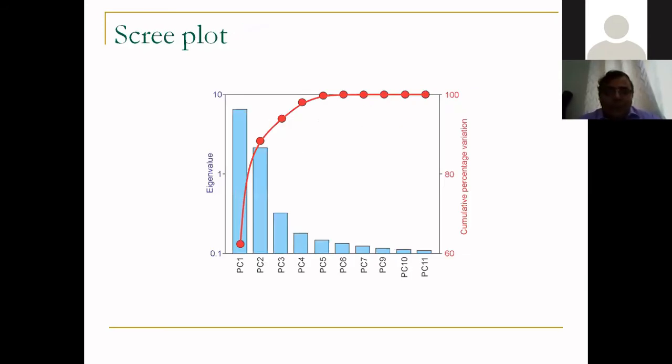beauty comes in. The principal component beauty comes in, and that is, what I have drawn over here is these blue bars are the eigenvalues. Now I'll not go into details of that. The red curve is the cumulative variation explained by each principal component. You'll see over here that the first principal component is explaining almost 65% or 62% of the variation in the data. And if you look at the second principal component, cumulatively both of them are explaining almost 85% of the variation in the data.